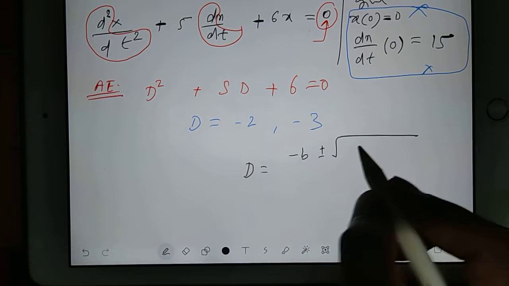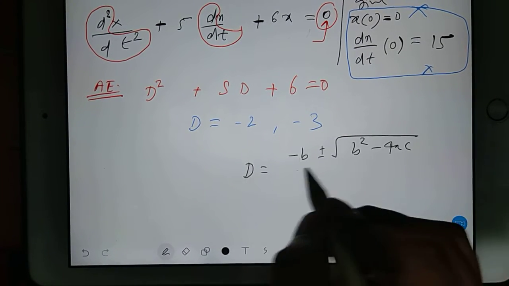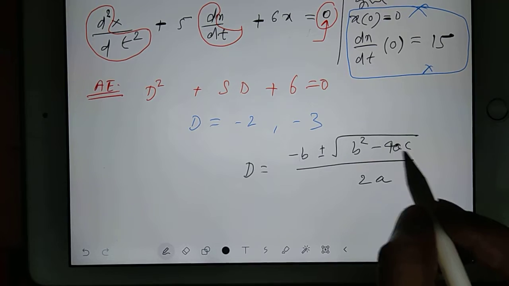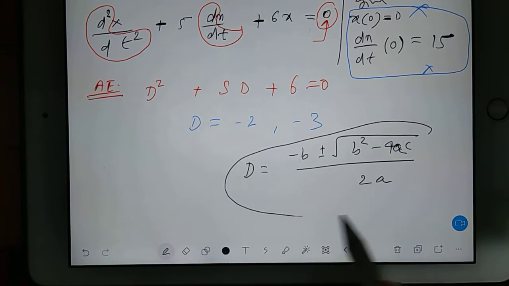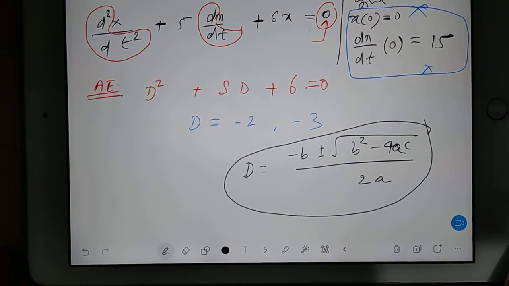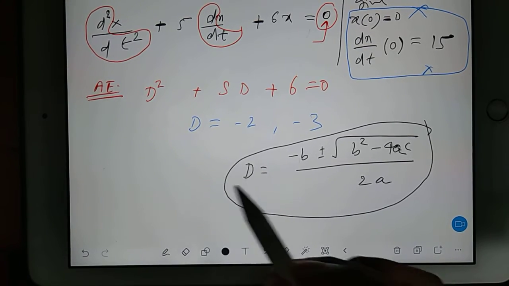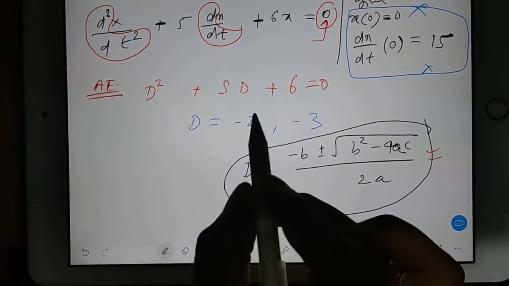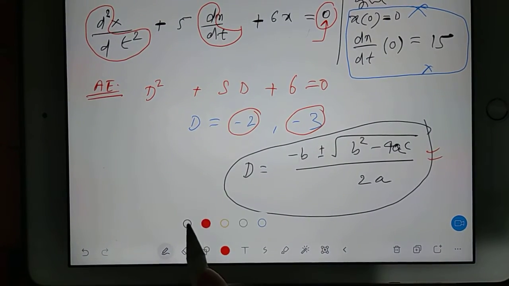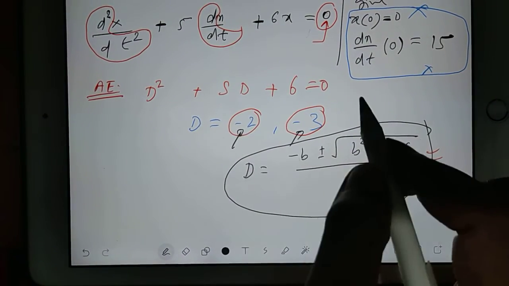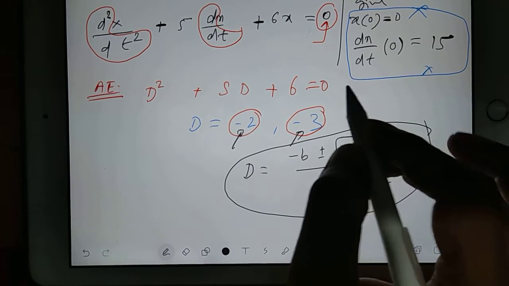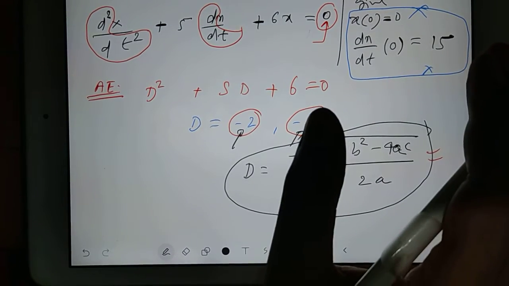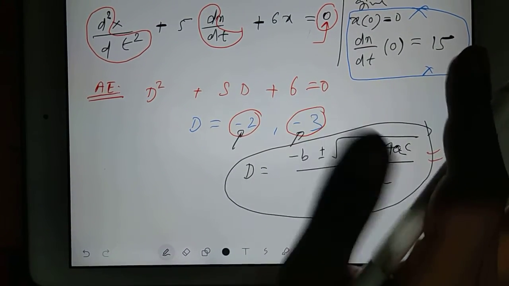-b plus minus under root b square minus 4ac by 2a. Always keep this equation with you. You will never be in difficulty. Okay, so Sridharacharya equation, copy down. So we got two roots here. Get my point. They are negative roots. Don't think they are imaginary. They are negative. Negative numbers are real. Okay. They are real roots.